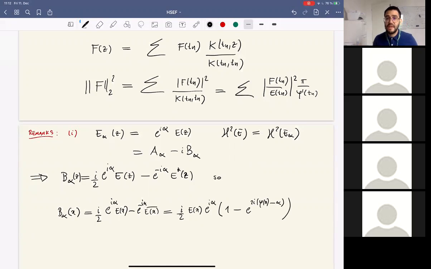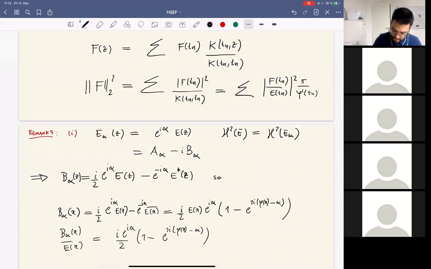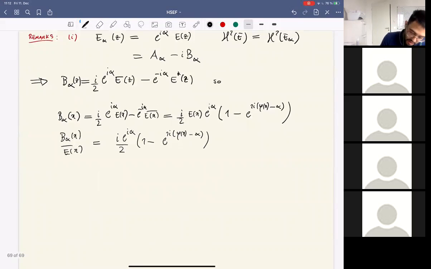Since I'm assuming that E doesn't have real zeros, I could just divide this. So that would be equal to i e^{iα}/2 times (1 minus ...) alpha. So then we will see,